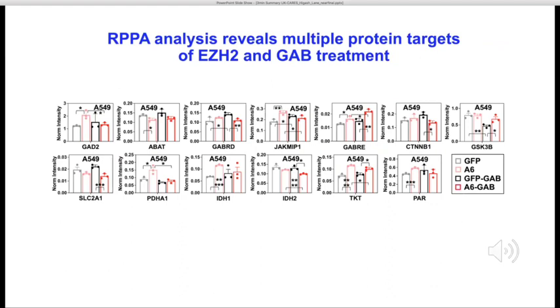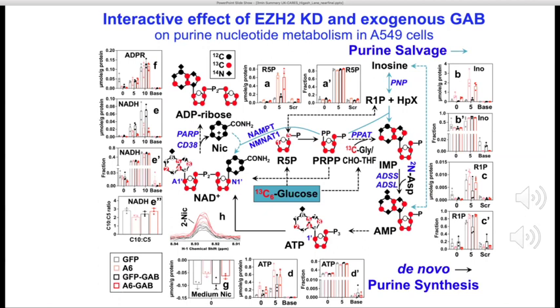This figure shows how RPPA can give most of the proteins involved in that earlier diagram that I showed you of the interaction between EZH2 and GABA. Now, in this figure, obviously, you're going to have to refer to the report for details, but this is basically showing how stable isotope-resolved metabolomics can trace the differences and changes in purine nucleotide metabolism, looking at the interaction between